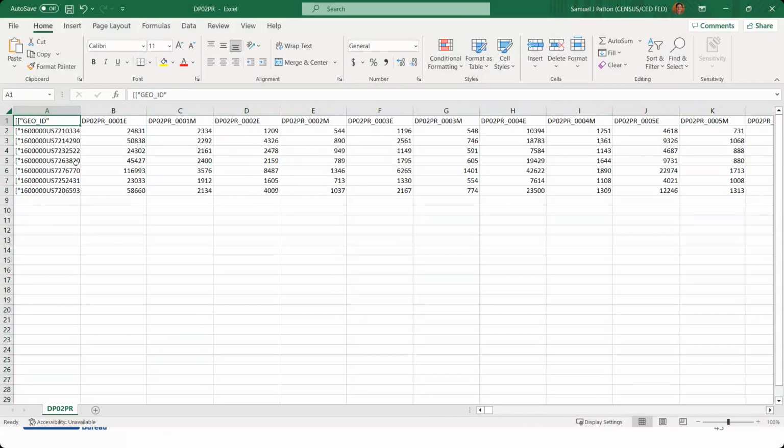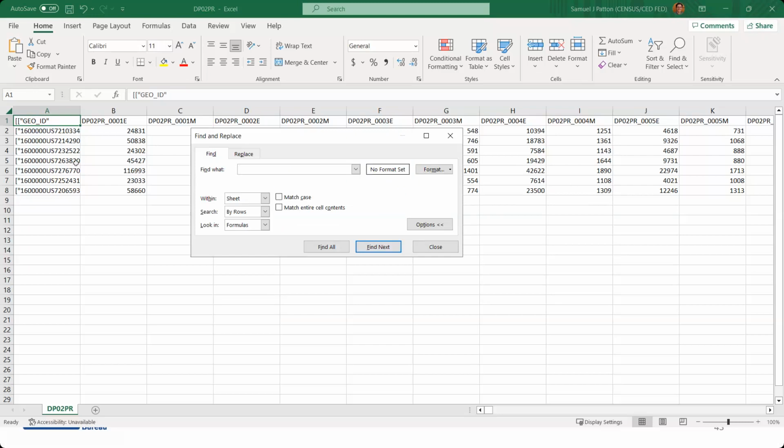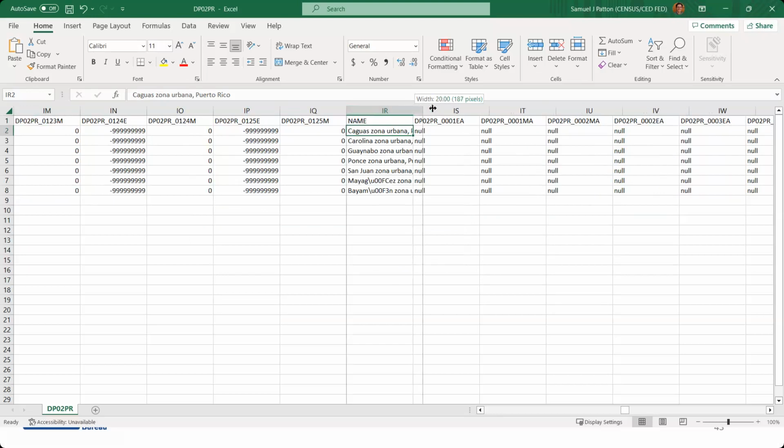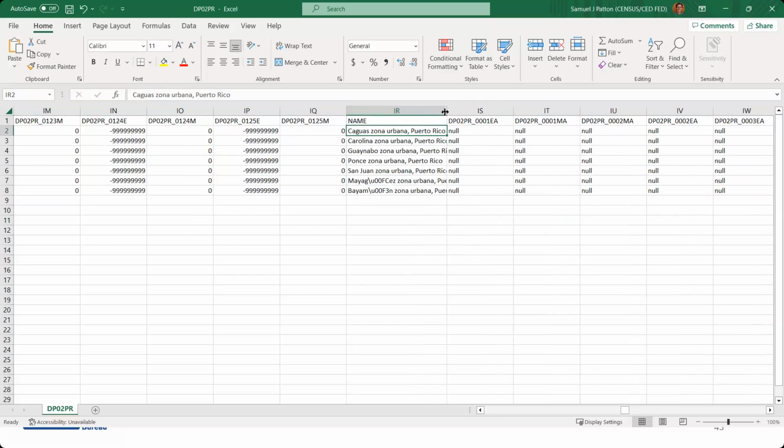And on this older ACS table, it actually comes toward the middle of the API output here. So I like to change that around. To do that, I'm going to search, again, just using Control and F, like I did within my browser to open the search button here. And if I search for Puerto Rico and then click Find Next, it will take me over, and you'll notice here, here's where those name variables are, those different geography names for our zona urbanas here in this case.